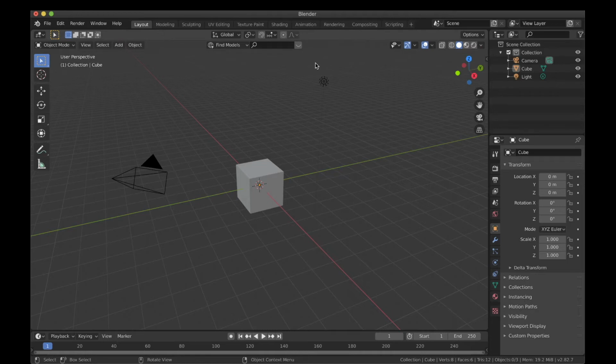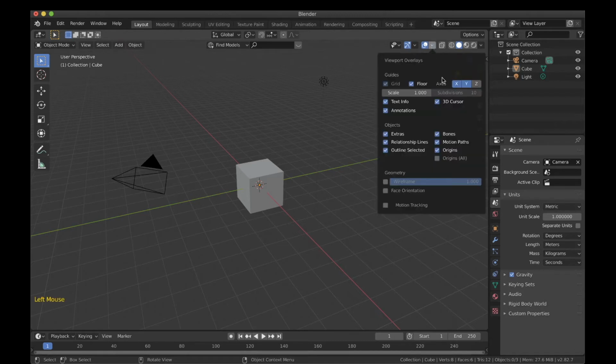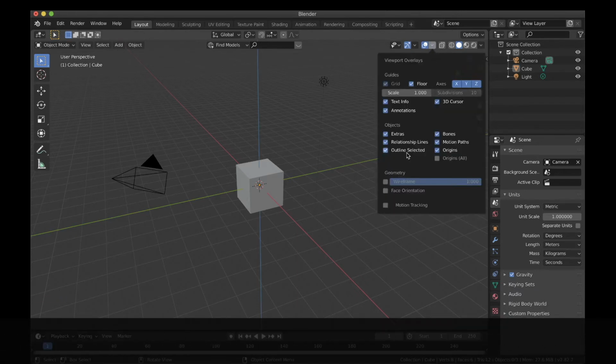When you first open SketchUp, you see a person standing and there are some access lines. Similarly, in Blender, when you open it first, there's a default cube of 2 by 2 units, a camera, and a point light. The other thing you can notice is that there are two axis lines. The green one is the Y axis line, the red is the X axis line, but there is no Z axis line. To enable that, we can go to viewport overlay over here, select this, and select the Z axis as well. There are many other options in the viewport overlays which we'll see in later videos.